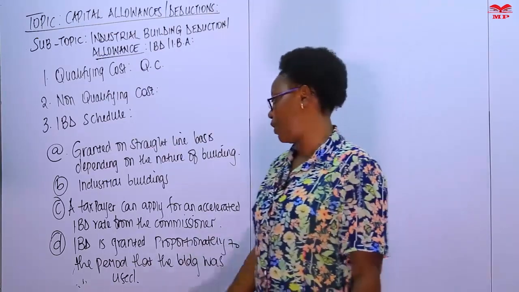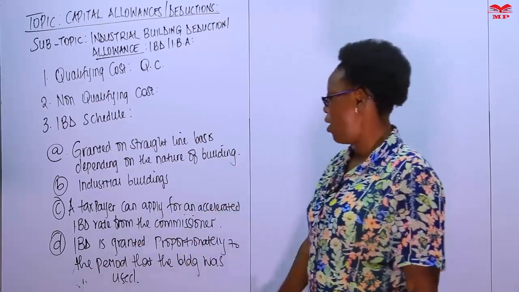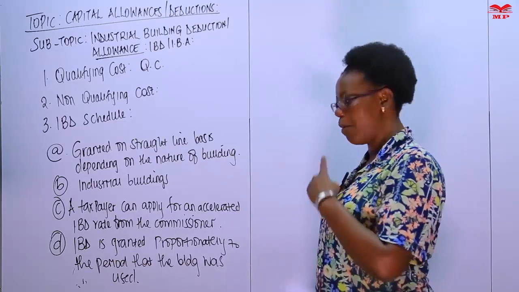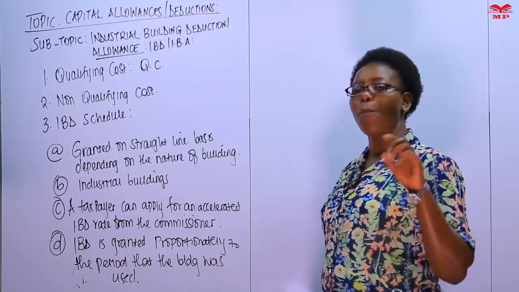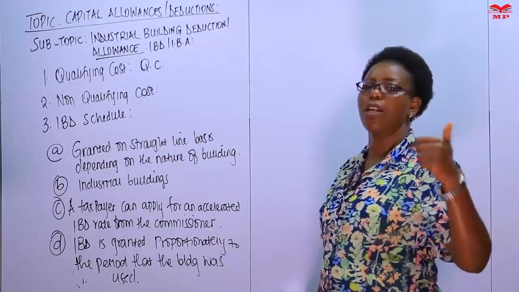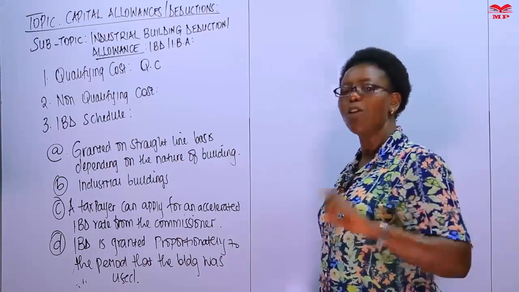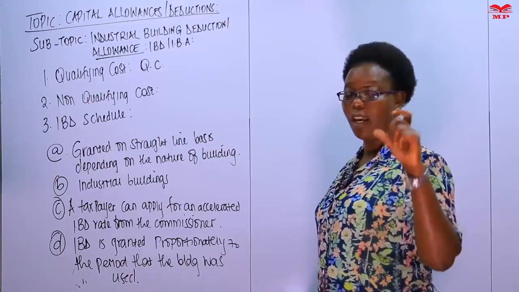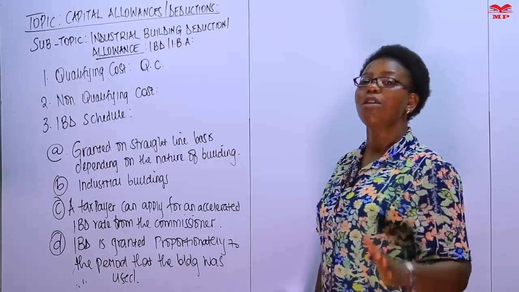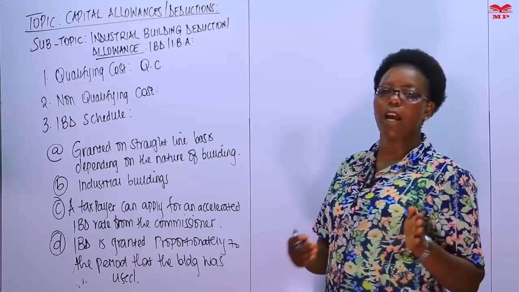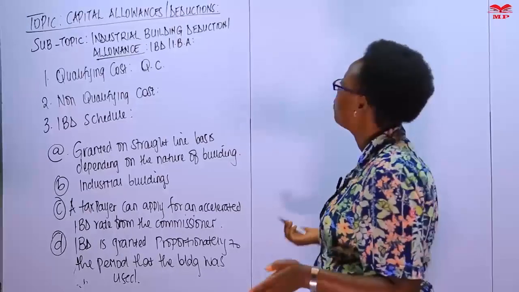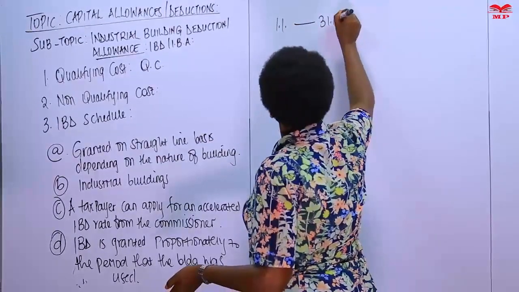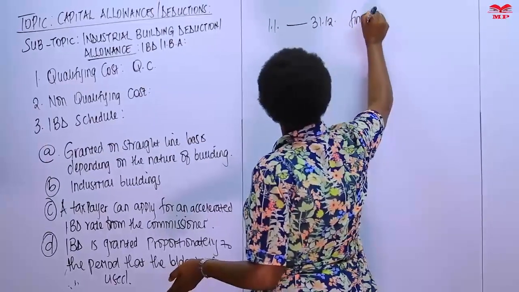Then this is very important, that you're going to grant IBD proportionately to, or you prorate IBD to the period that the business was used. Now, we fall back on that qualification that for you to claim capital allowances, you must have used that particular asset in the year of income under consideration. So it means if, for example, your financial year is from 1st January to 31st of December, this is the financial year,